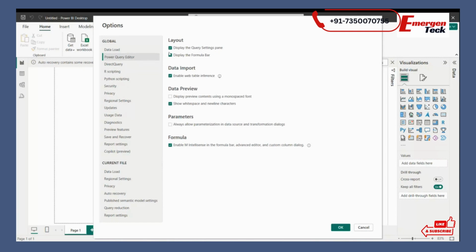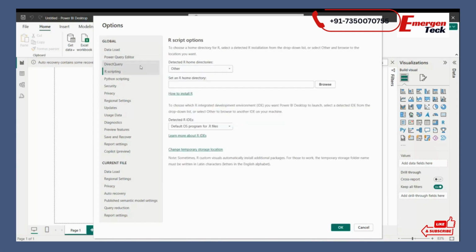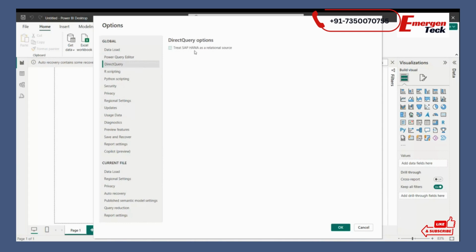Then if I go to Power Query, there are some defaults. These are some coming as a default, and you can play with the settings. Okay. Direct query, if you want to write, these are generally for the SAP related. Treat SAP HANA as relational source, so you can just connect direct query with this data source, which is not